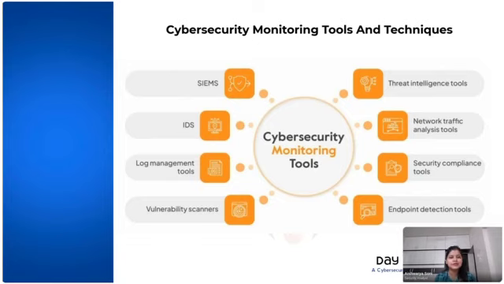So first is SIEM, the security information and event management system. It helps in maintaining a unified repository of various different security logs in real time. It captures the logs from various different sources in real time, collects them at one specified place, and then correlates all those events that it has captured, and creates an alert, and that alert is a context rich suspicious alert.